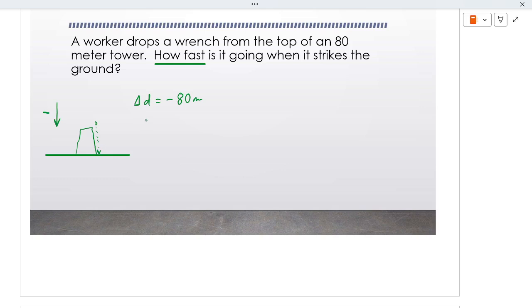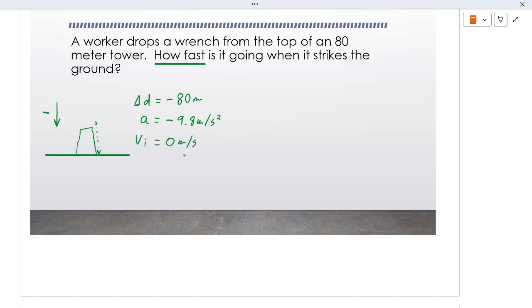The other thing that we know is the acceleration, which is negative 9.8 meters per second squared. Remember, that's the acceleration of any object that's in free fall here on Earth. And since it is just dropped, not thrown or otherwise propelled, it will be an initial velocity of 0 meters